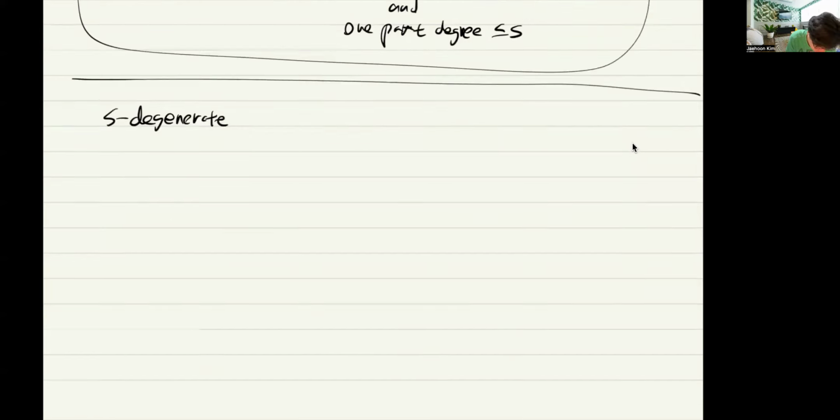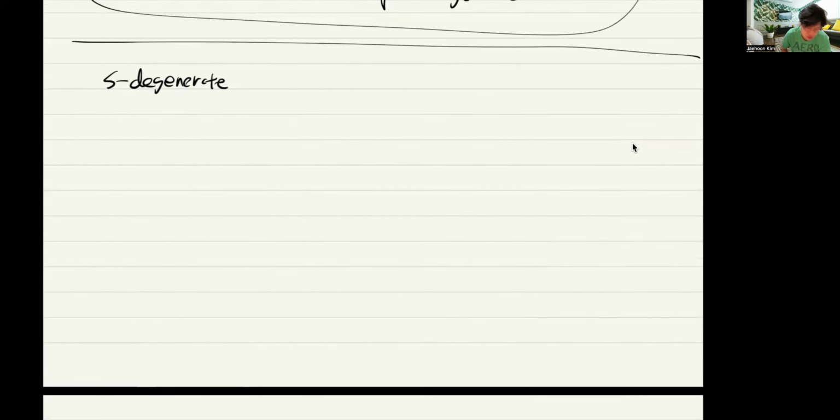And indeed, this degeneracy measures how sparse the graph H is. So if it has small degeneracy, then our intuition is that it's easier to embed it, and its extremal number might be small. Motivated from this, Erdős conjectured that